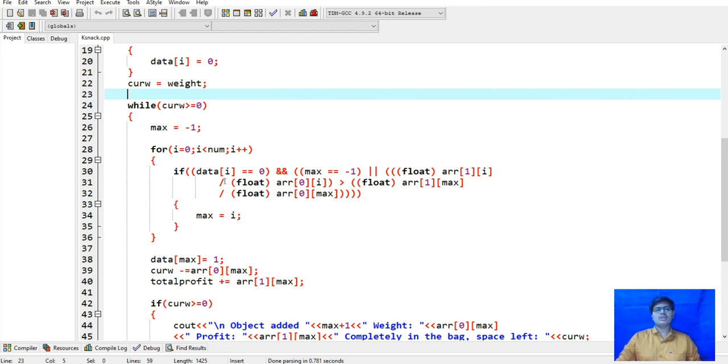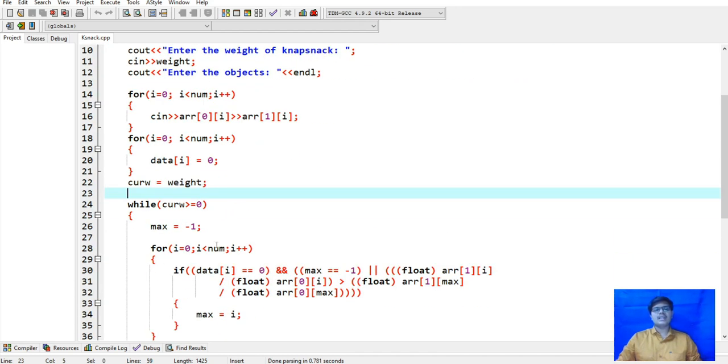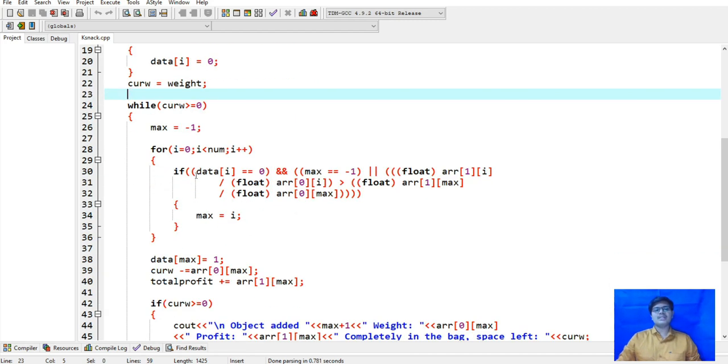It will go from 0, and in the for loop, for i equal to 0, i less than the number entered from the user, meaning this 3, and i plus plus, it will increment one by one. And in the if statement, the data which is first inserted by the user is equal to 0, and the maximum profit which is entered will be -1, because it will start from 0.